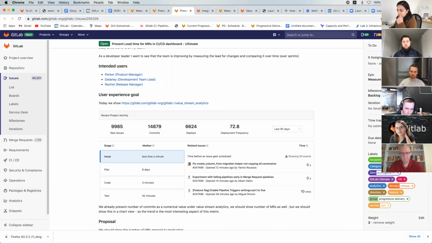I think commits are kind of even irrelevant here, because it's just a number of commits in the repository. It doesn't mean that we have that number of commits in production, and it can be some kind of user branch or whatever. And another point is that I'm not sure how easy it will be to calculate this